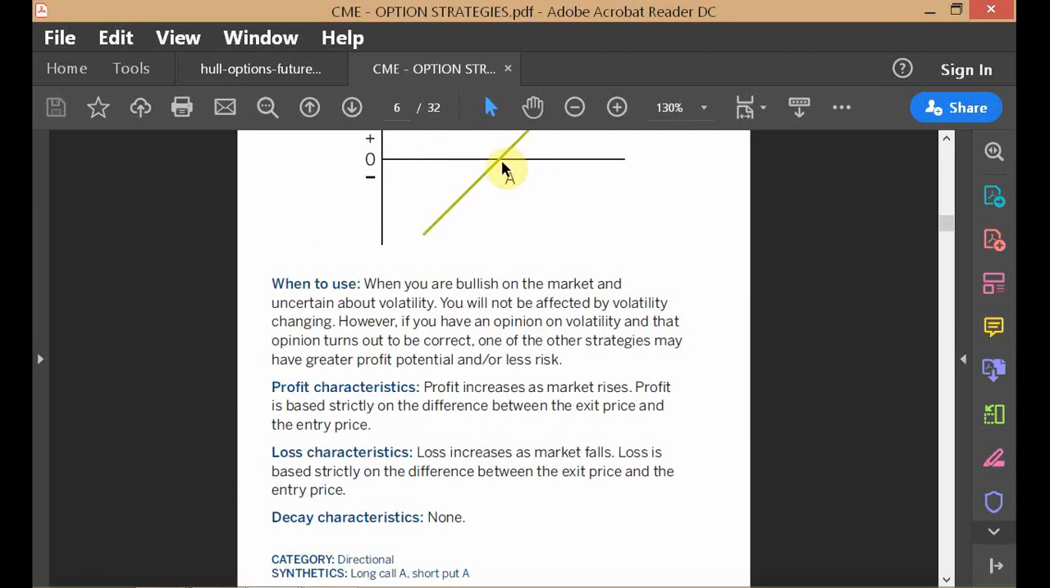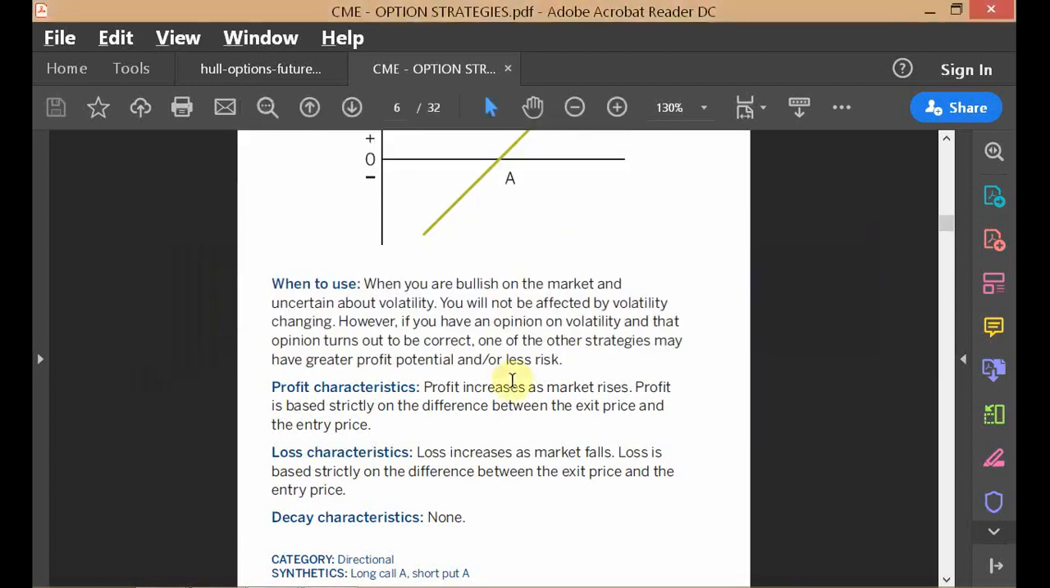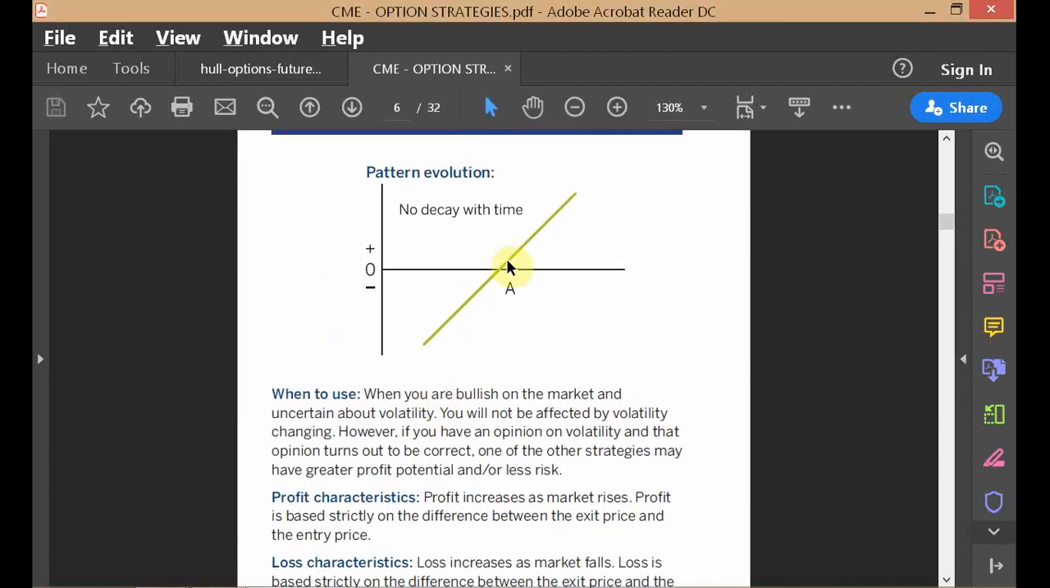A is here. A is the strike. Long call A, short put A, where A means strike. So here you see that these guys have not recreated the synthetic position in the Hull book, but in the CME book you can clearly see what is happening, and the premium from the call and put more or less balance out, because of what is happening when you are